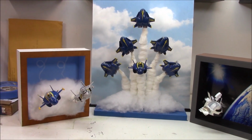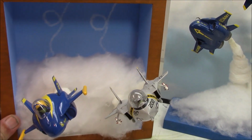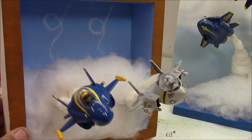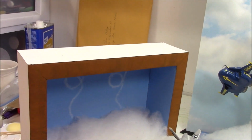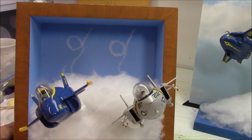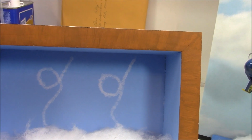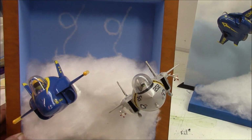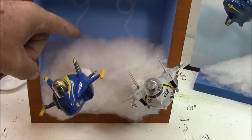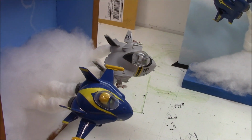The first one here on the left is the first one that I did. Oh boy, this one was 3 years ago, maybe even 4 years ago, something like that. It was a long time ago. But it's just a very simple pine shadow box that I had made, and then just used basic acrylic paints to paint it. And you can see in the background there the little loops that the jets had made. And then this is just regular cotton that I just put in there, and then the planes, the jets, actually